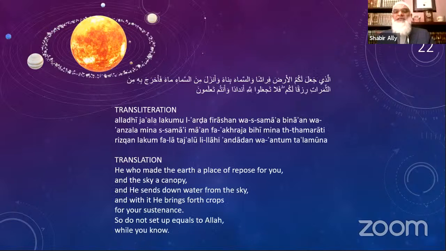22. So here's the verse that we will read first in the Arabic. الذي جعل لكم الأرض فراشا والسماء بناء وأنزل من السماء ماء فأخرج به من الثمرات رزقا لكم فلا تجعلوا لله أندادا وأنتم تعلمون. Now, let me read it one more time, but this time, instead of ending with the an